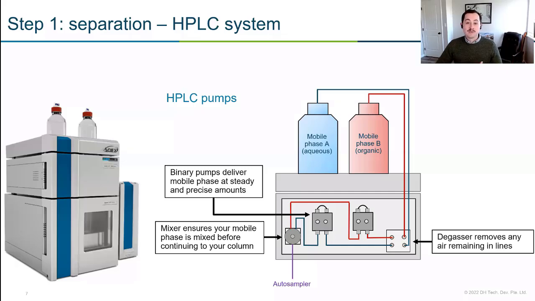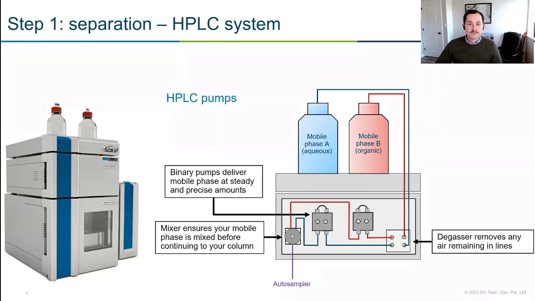This is typically some sort of aqueous mobile phase. And a second mobile phase, which would be commonly referred to as our organic or mobile phase B. And the way we're going to introduce these mobile phases into our system is via a pump. So I just drew a little diagram of a binary pump system here. When I say binary pump, all I mean is that one pump is for the organic, one pump is